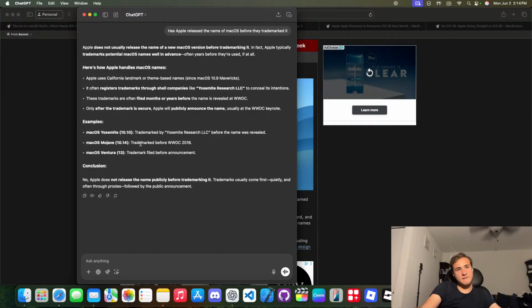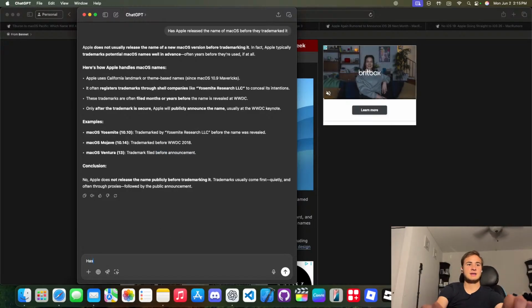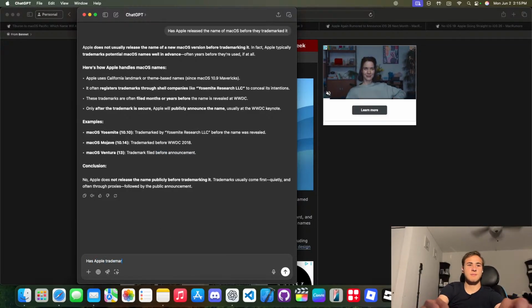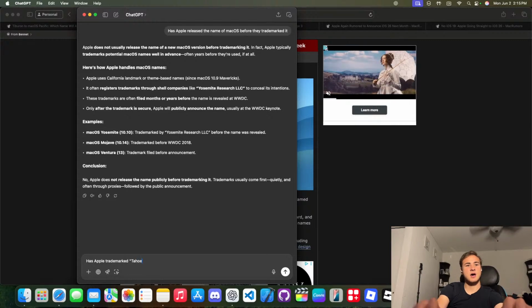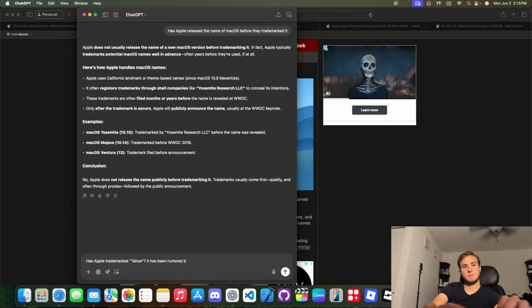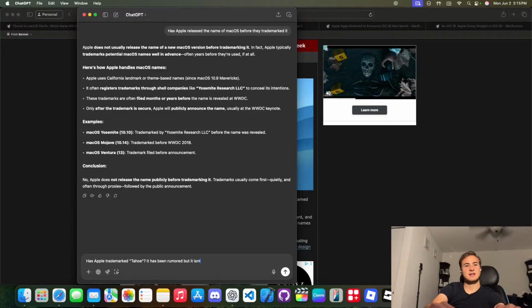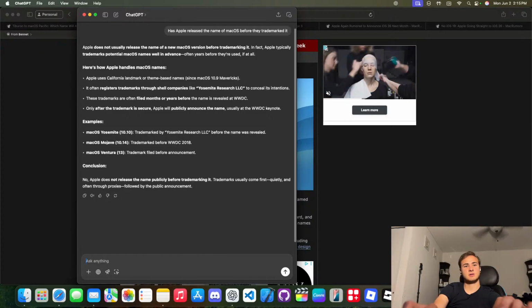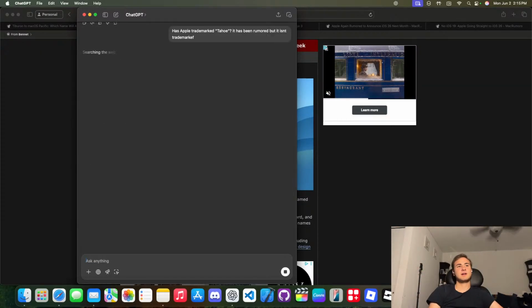Mojave trademarked before, Ventura trademark filed before announcement. Has Apple trademarked Tahoe? It has been rumored, but it isn't trademarked. Okay, I misspelled it.